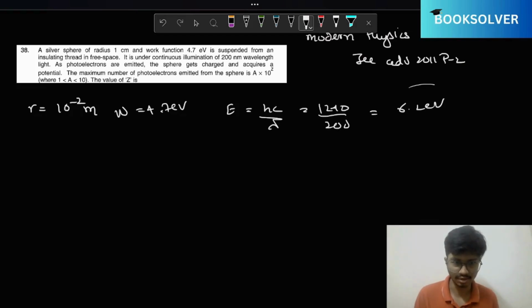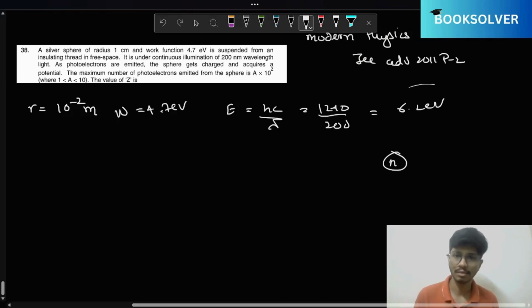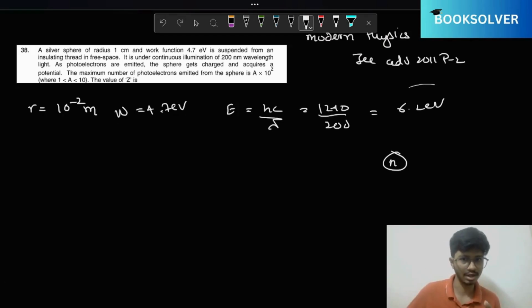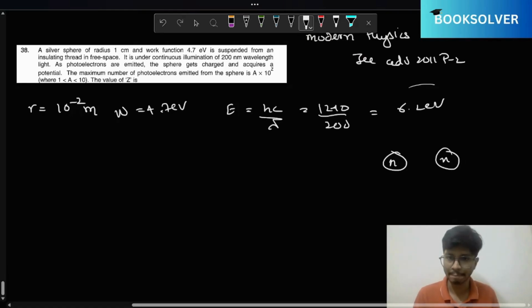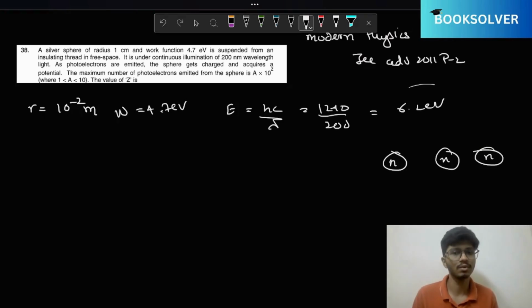Because of this energy, the number of electrons that got excited, say it's n. Some number of electrons, after we have isolated it, like we are not illuminating the sphere anymore, the electrons will de-excite and it will give out some radiation. So the number of electrons that will de-excite will also be equal to n, and the number of photoelectrons thus emitted will also be equal to n. So what we need to calculate here is n, and n is equal to the number of electrons that got excited. We are going to go with that,